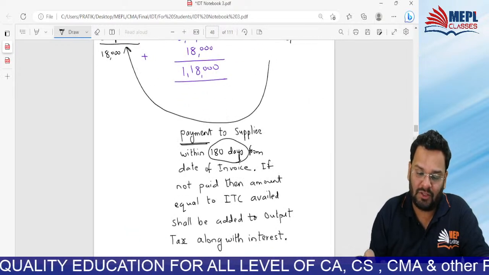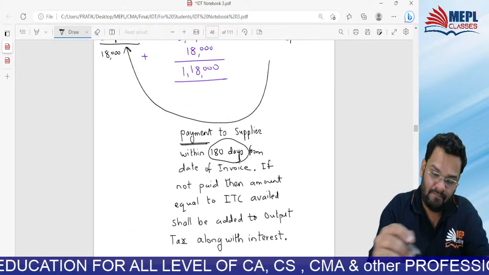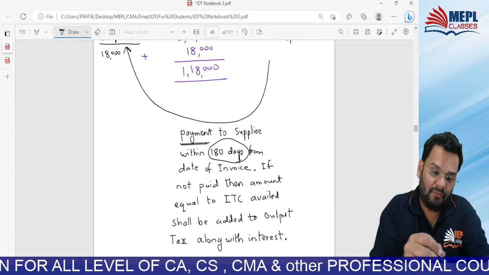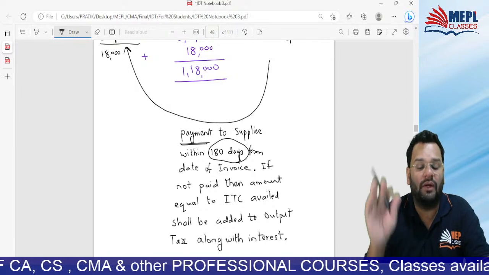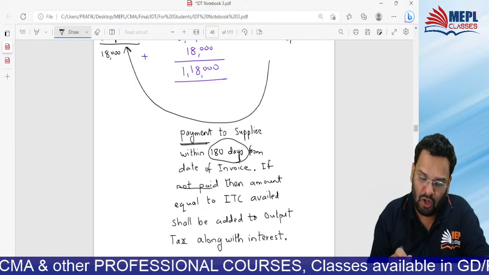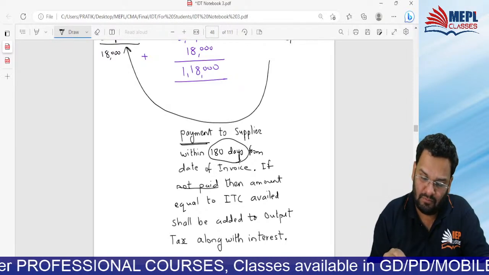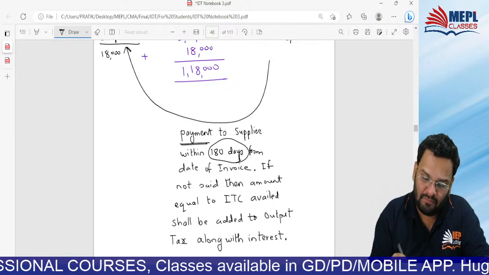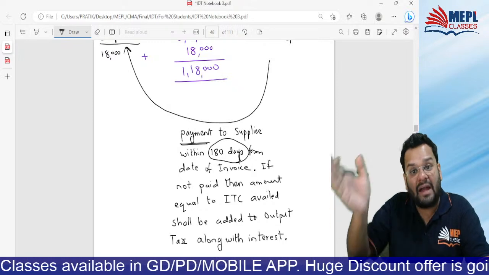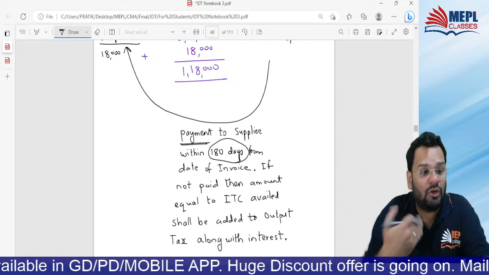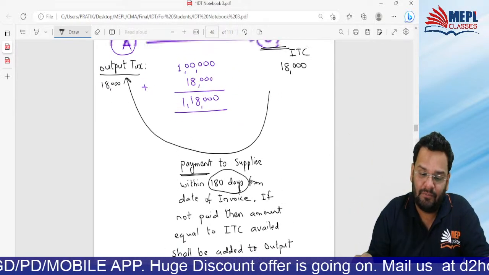What is the proviso saying? Government is saying that payment should happen in 180 days. If not paid, then an amount equal to ITC availed shall be added back to the output tax along with interest. So